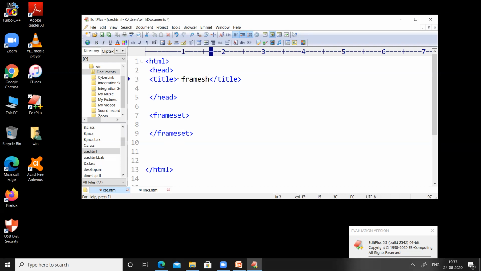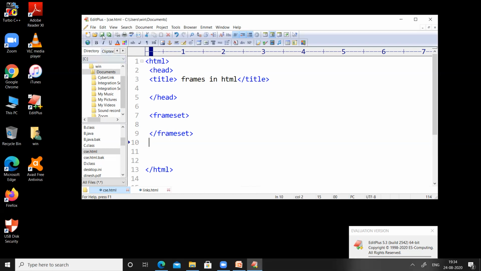And today, in this section, we are going to deal with frames. That is why I have changed the title of my web page to Frames in HTML. Let us see the syntax of the frameset tag, and then we can start working with it. Before that, let us save this code. We have done nothing, we just changed the title of this web page to Frames in HTML.